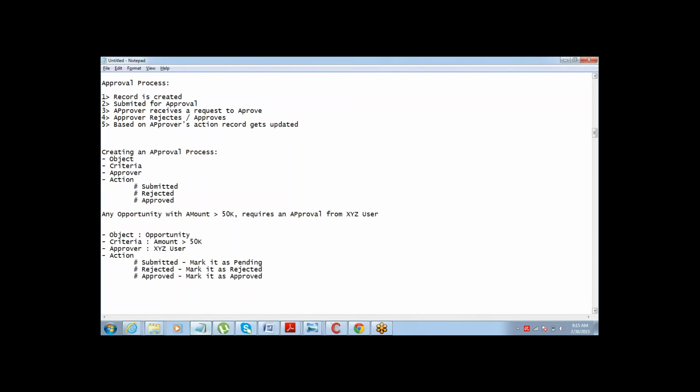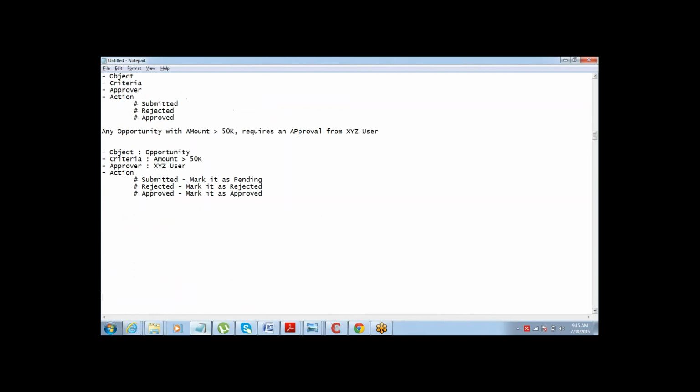So, basically, how do I tag a record or mark a record as approved or pending or rejected? For that, let's create a pick list field. Let's say I want to have a pick list field called approval status. And this approval status has the options of approved, rejected, and pending.